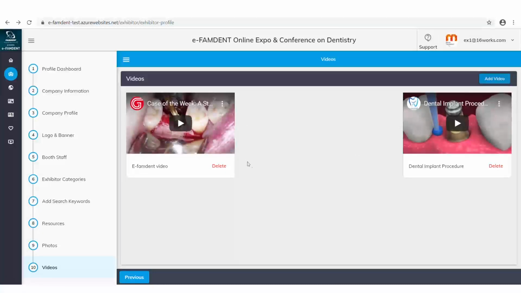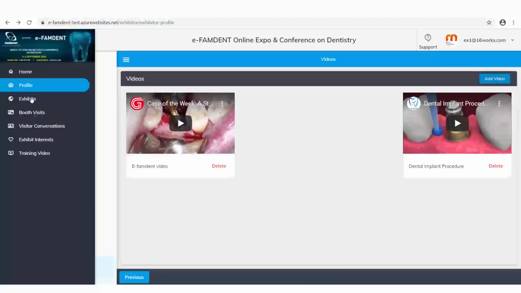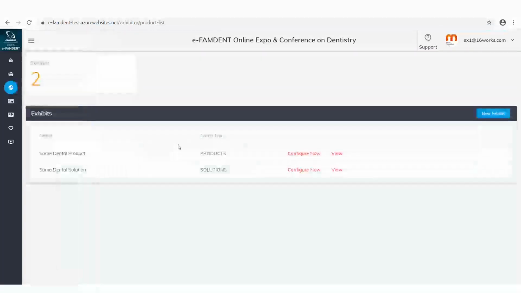Now after you complete your company profile, we have the next one, which is the exhibits. The exhibits are basically similar to what you did as part of the company. Here it is completely for you to add the exhibits that are allowed as per your package.